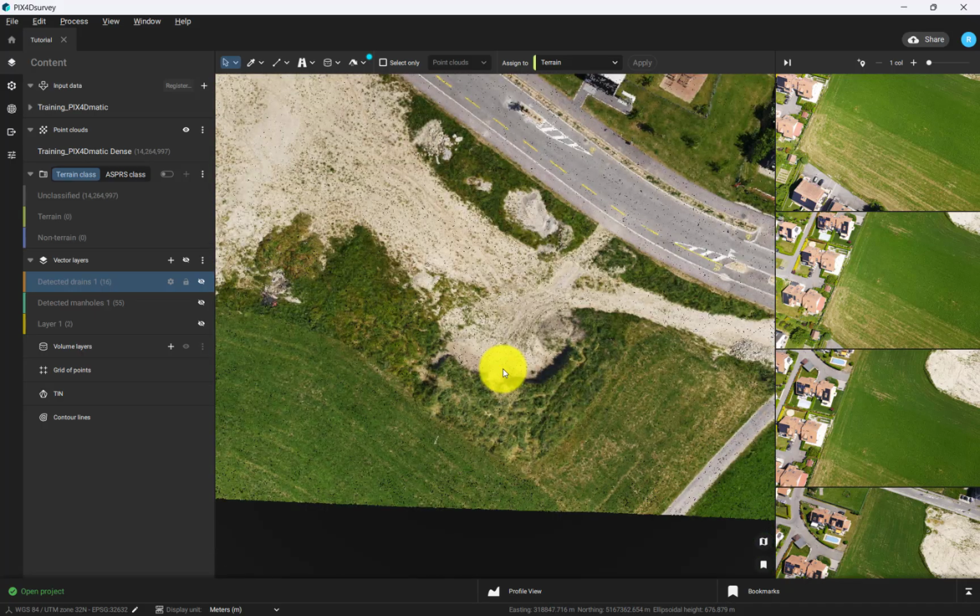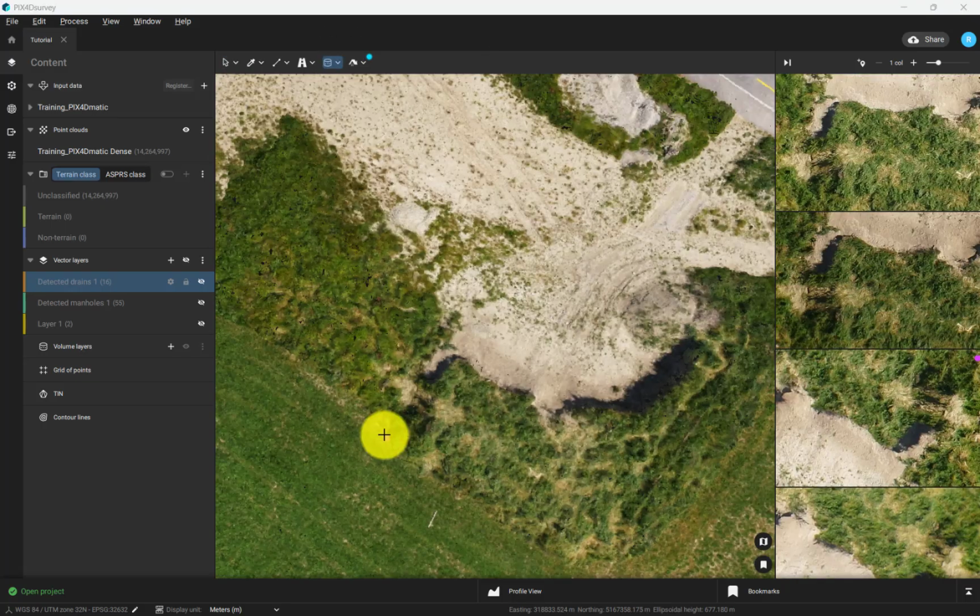To begin delineating the stockpile, move your cursor to the toolbar at the top of the interface and select the drop-down menu next to Volume. From the drop-down menu, select the tool called Volume. Now you can begin outlining the base of your feature of interest, making sure to be as close to the base of the feature as possible so as not to include other external elements or material in the final volume